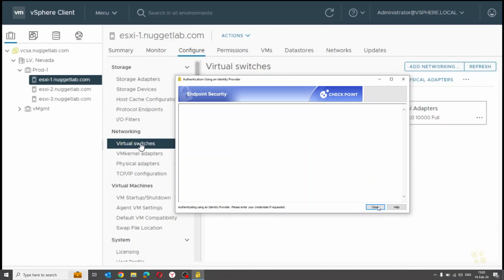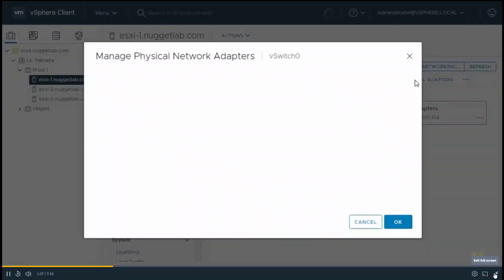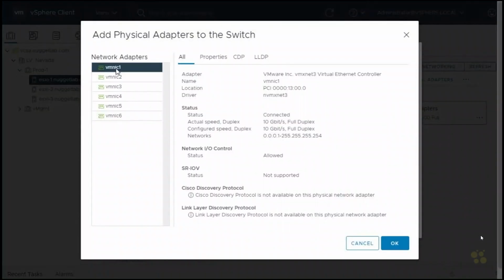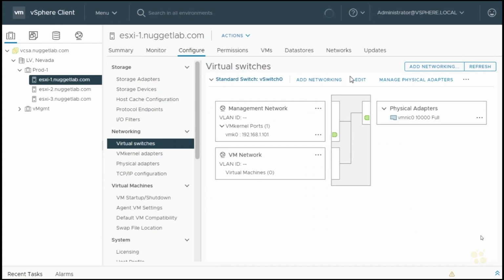Our first task: add a second uplink. No problem. So I'm going to click on Manage Physical Adapters, click on the plus symbol, and add physical network interface vmnic1. Click on OK. And that is one way of doing it. We also could have clicked on Add Networking and gotten there as well. That part is done. Step number 2, add a VMkernel adapter called vmk1 and associate it with vSwitch0